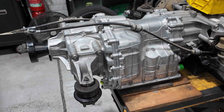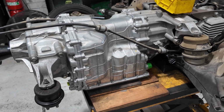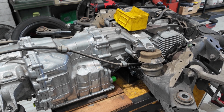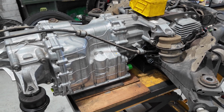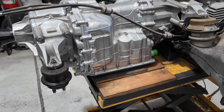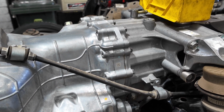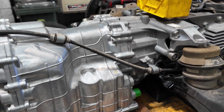With the gearbox now lowered and everything disconnected, it's now time to strap this up so that we can move it into the workshop area for the work to be done. So why are we doing some preventative maintenance? Well, while the R35 GTR gearbox is pretty strong from factory, and you only need a few minor upgrades for